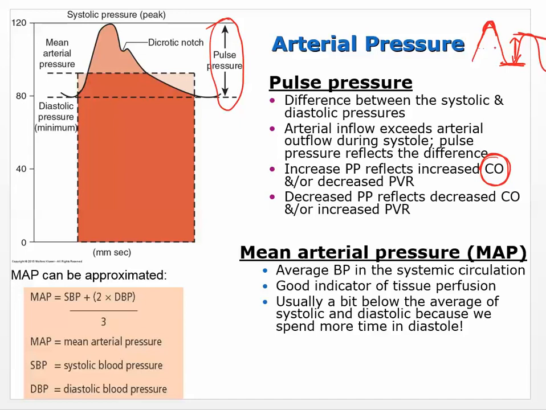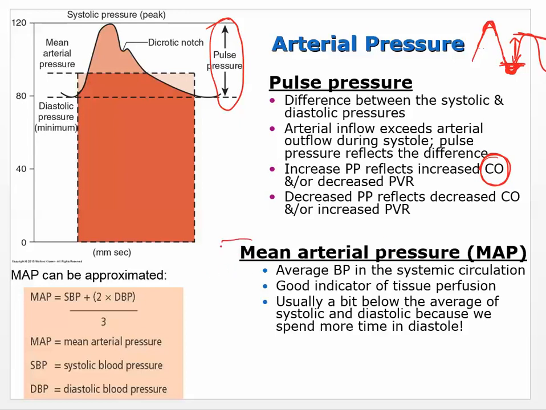So it could be that we have more, so that means that your blood pressure is going to be a little bit of, let's see, so decreased PVR. So decreased PVR is going to increase your pulse pressure, right? Okay, so then the opposite is going to be true. Decreased pulse pressure reflects a decreased cardiac output and or an increased PVR. Okay,